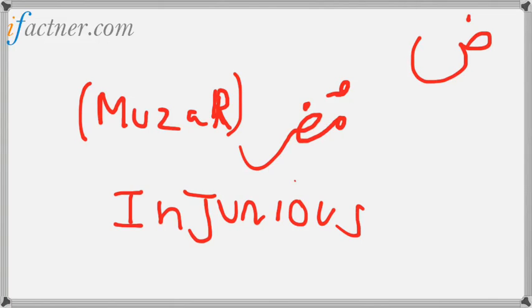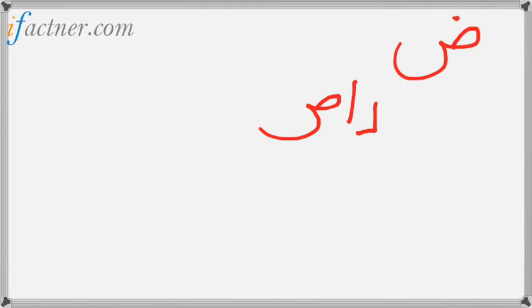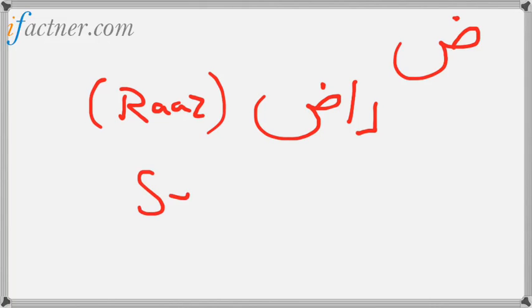Now let's see how we use the letter Zwad at the end of the word. There's a word called Raz. Raz means secret. Then there's another word called